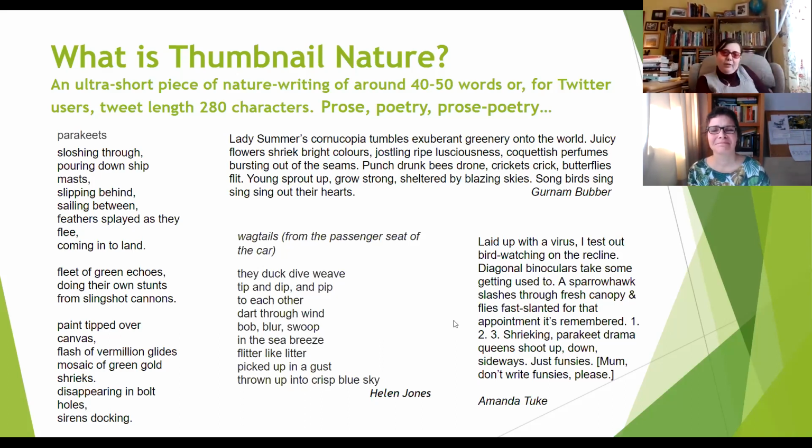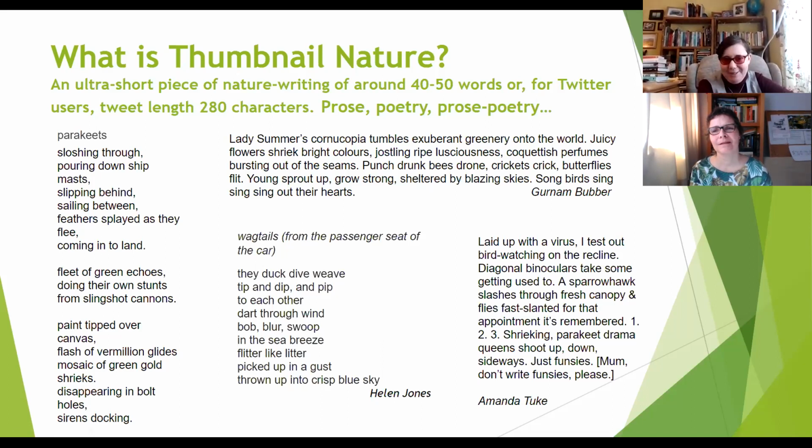I think I wanted to mention the abundance of birds that have cropped up in this session. And I think that's because it doesn't matter where you are, there will almost certainly be some birds that you see out the window or you hear out the window. And we'll be having a break shortly, but just before we do, one of the other pieces that I was considering including here was